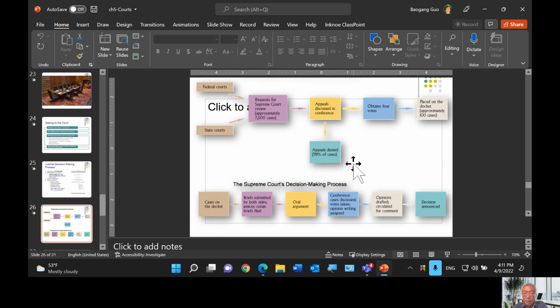So the Supreme Court Chief Justice will assign people from each side to write an opinion on behalf of that group. One person from the majority side will be chosen to write the majority opinion, and the others dissenting can write their individual dissenting opinions, or together as a group.